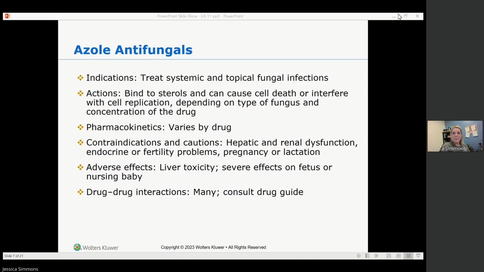For amphotericin B, okay, it has a whole thing on page 382, and it really sums it up very nicely. So amphotericin B is an antifungal agent that acts on fungal cell membranes to cause cell death. Depending on concentration, these agents can be fungostatic, which slows the growth of the fungus, or fungicidal, which destroys the fungus. So they are indicated for the treatment of systemic fungal infections like candidiasis, aspergillus, cryptococcus, and mucormycosis. I don't need you to know those.